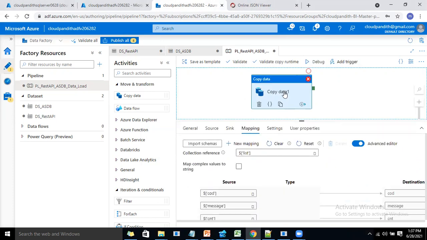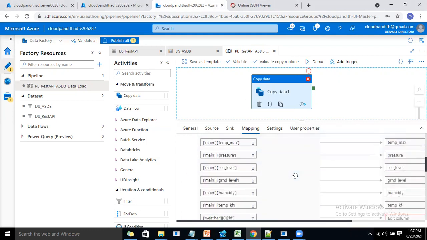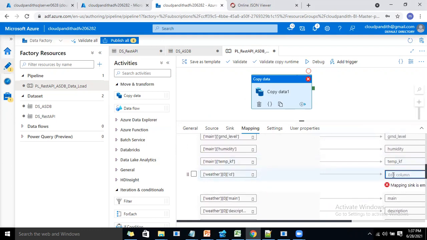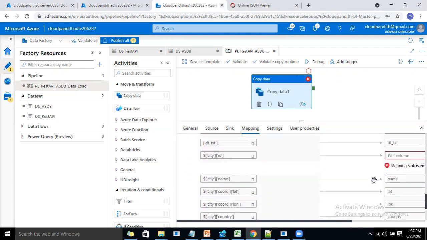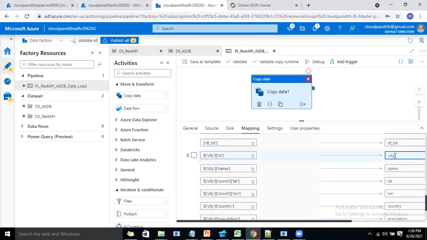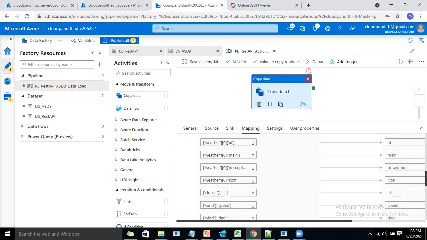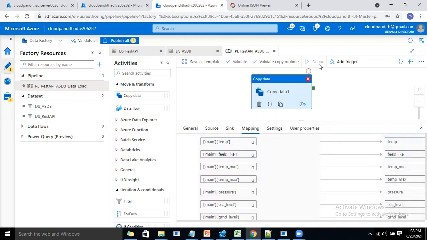Okay, very good. It failed. So you know why the failure again. We did something called auto import, so there are some columns which are coming as null. You see, there is no mapping to this. You need to map it as an ID and look at some issues. See here also there is an ID which is not mapped. You can call this city underscore ID, and go up a little bit. This is an ID, which ID? Weather ID. You can just put it as weather underscore ID. You need to look at these kinds of issues. Now you try to debug once again.